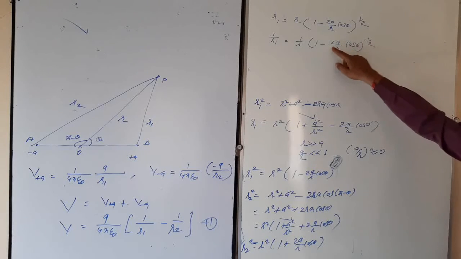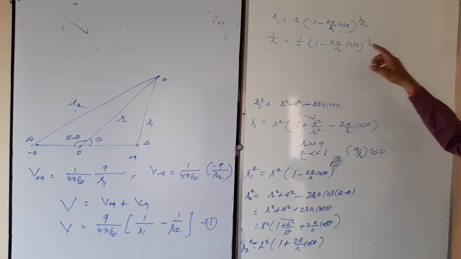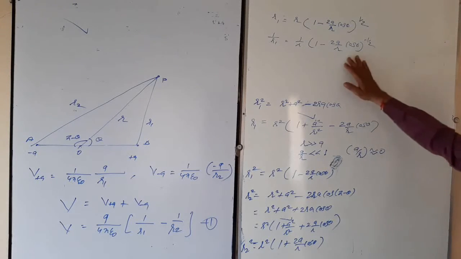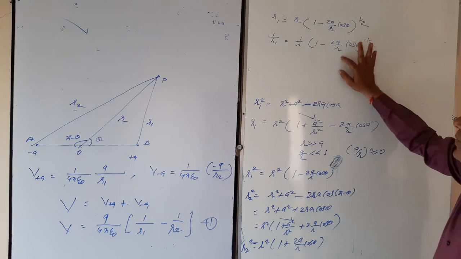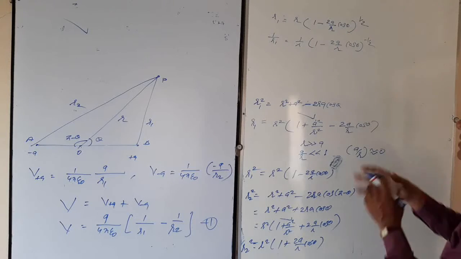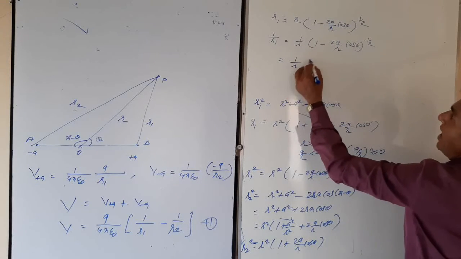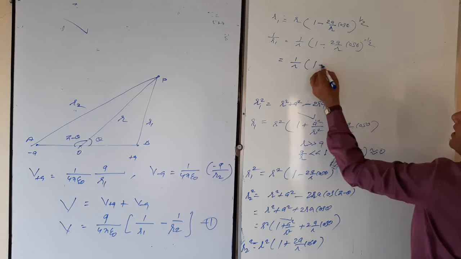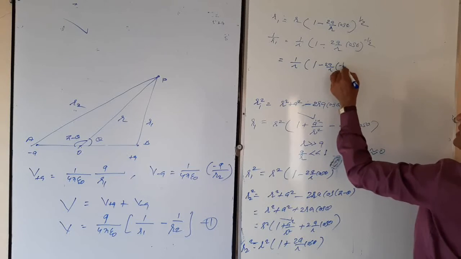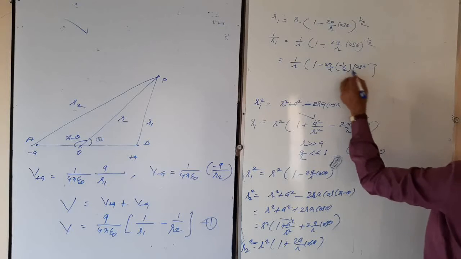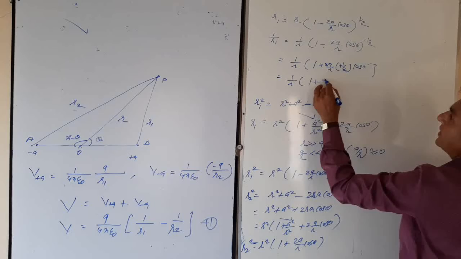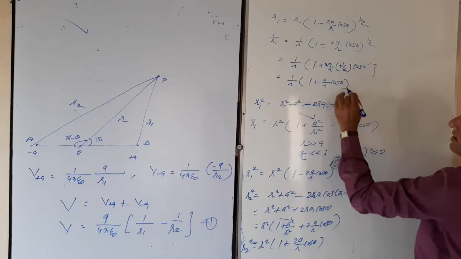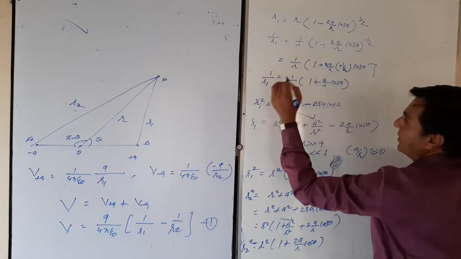If the second term is very small, by using the binomial theorem, as you expand it, the powers of the second term keep increasing, but a by r is nearly equal to 0, so you can take only the first term. So directly minus half can be multiplied by 2a by r. So 1 by r times (1 minus 2a by r) to the power minus half cos theta, minus minus plus, what happens? 1 by r times (1 plus a by r cos theta), it is 1 by r1.